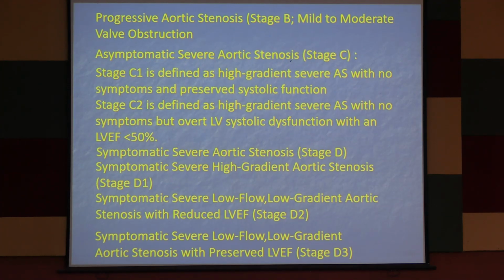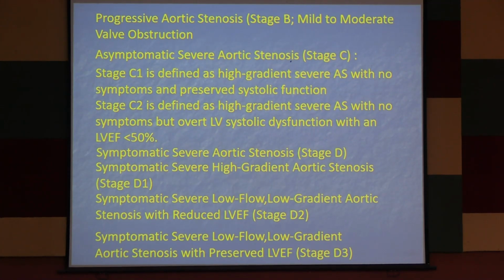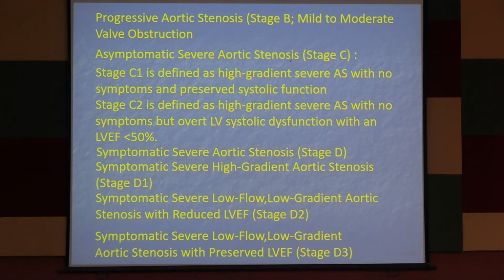Second, symptomatic severe low flow, low gradient aortic stenosis with reduced ejection fraction. And D3, it is the low flow, low gradient aortic stenosis but with preserved ejection fraction. These are the stage. Stage A at risk, stage B progressive disease, stage C, this is the severe, and stage